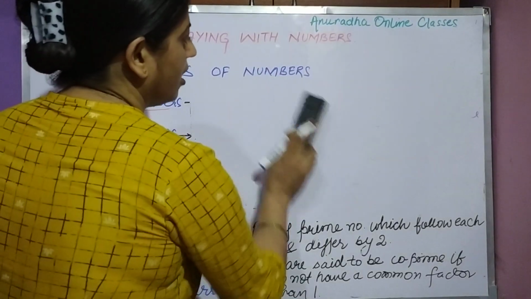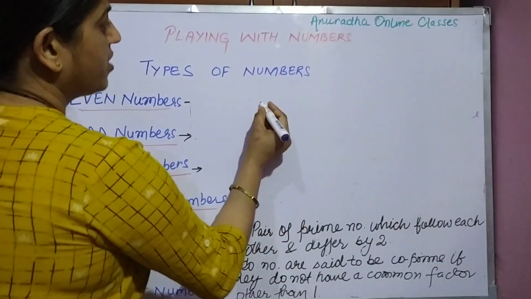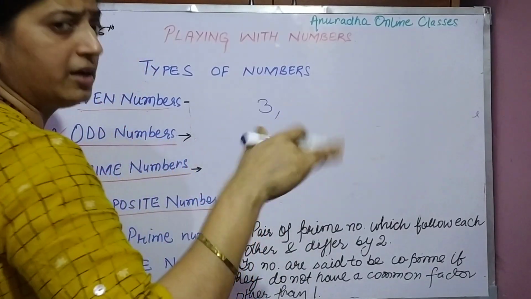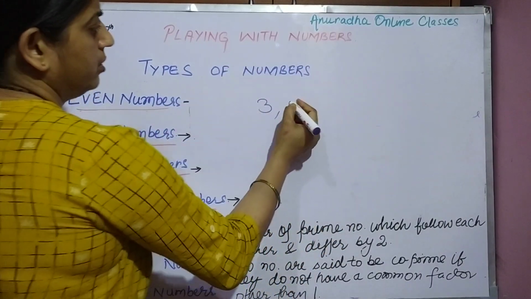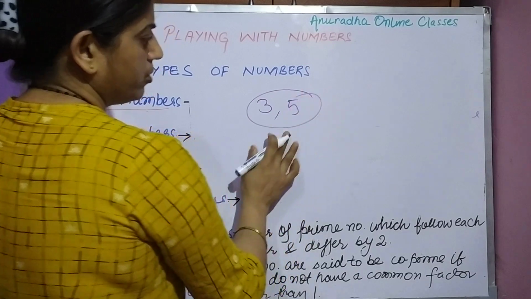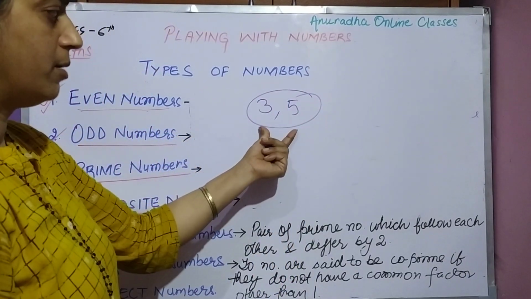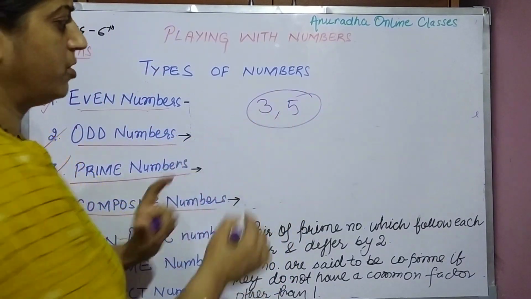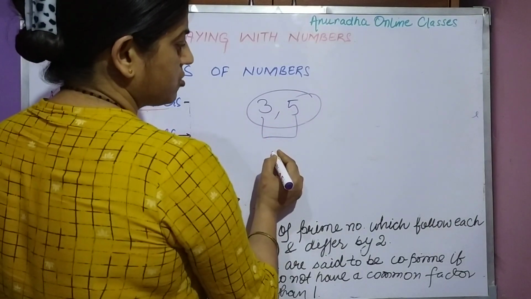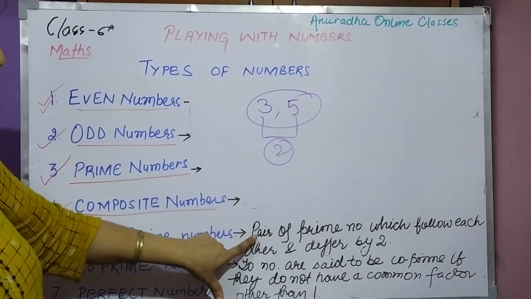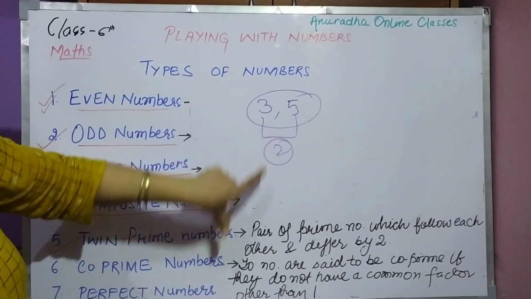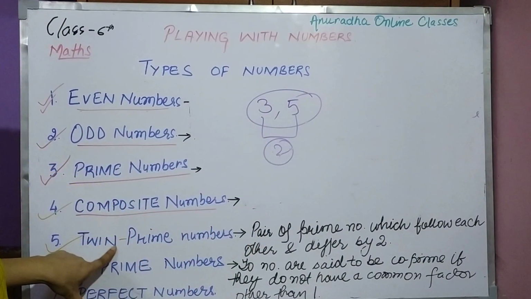लेट अस सी द अदर 3. एक ले लिया. देन 4 इज नॉट अ प्राइम नंबर. देन 5. See these two. It is a pair of 2 prime numbers, 3 and 5. What is the difference between these two? Difference between these two is 2. Means it is following the rule of twin prime number.